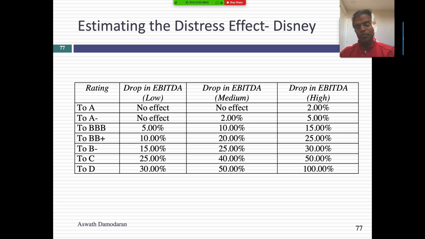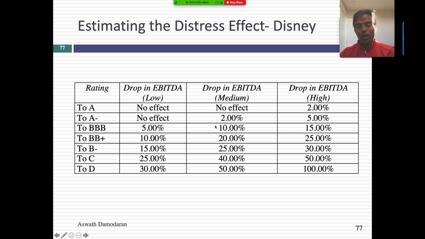In this enhanced approach, here's what I'm going to do. If Disney's rating is AA or AAA, I'm going to leave the operating income as is. But as Disney's rating decreases, I'm going to drop the EBITDA, arguing that as my rating drops, people worry about survival, I have less revenues and lower operating income. And I looked at three possible scenarios. One was a low indirect bankruptcy cost. Remember, indirect bankruptcy costs are how much people perceive trouble in your company and how much it affects their actions,